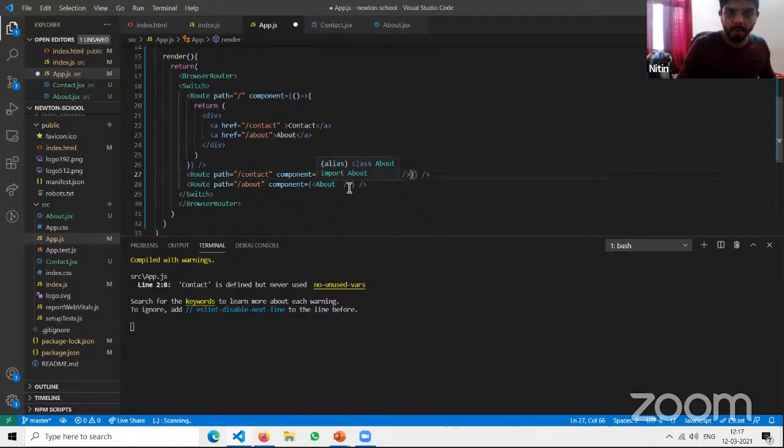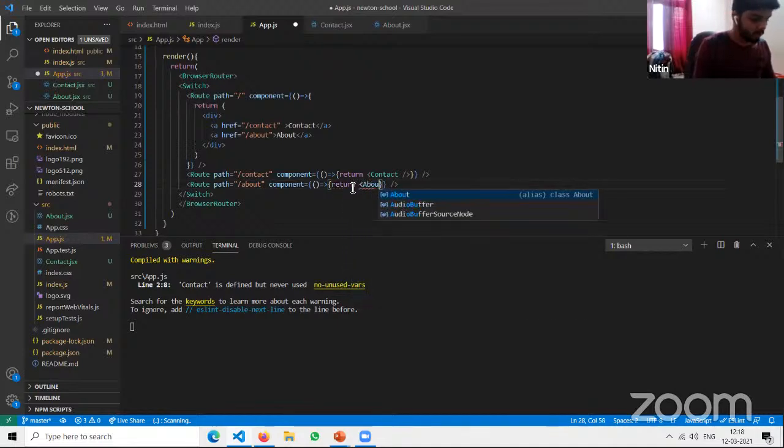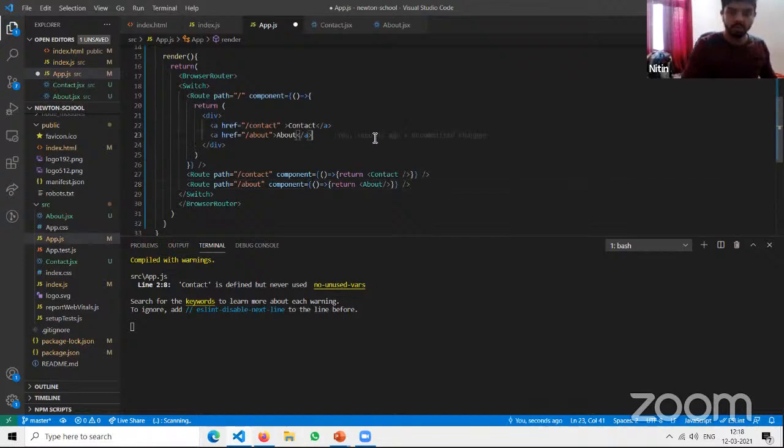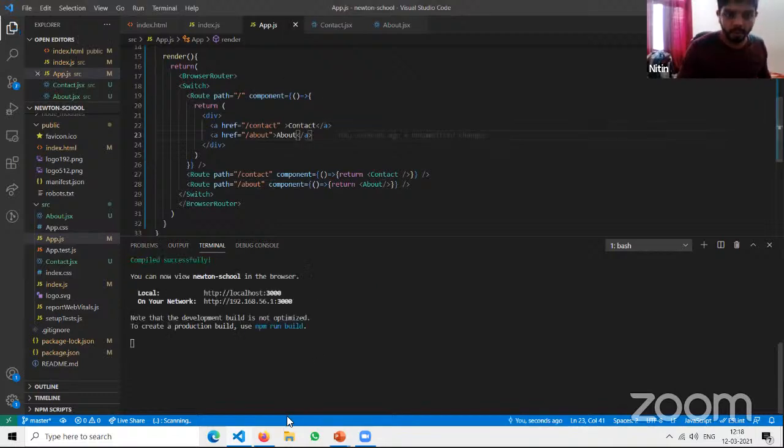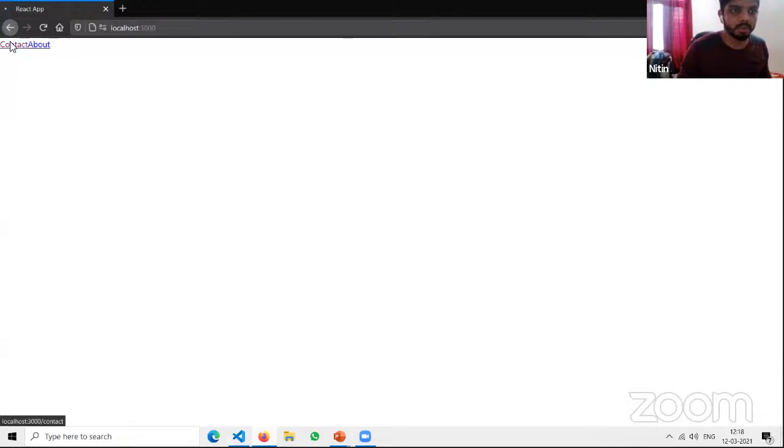And the same way we can just do this. So this gives us our components. We'll save them, and let's just see the result. Yep. So when we go to